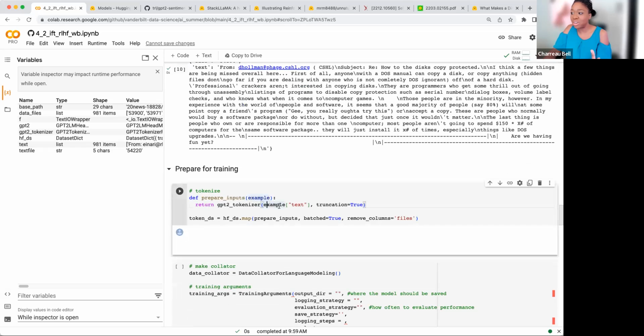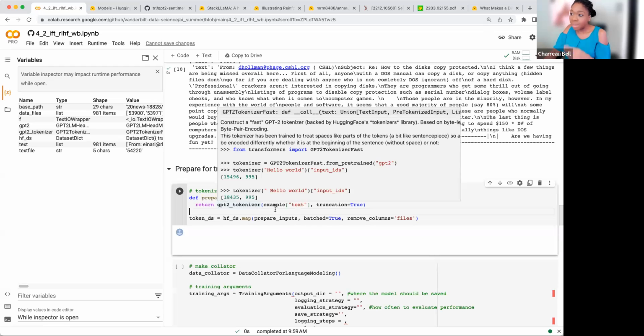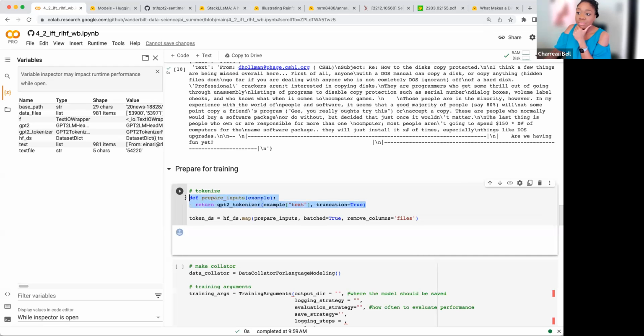We saw a lot of this yesterday. Here, this is just written for you. We need to tokenize the dataset, as you recall. What does that mean? We need to change our actual words of text into some numbers. Those numbers are produced by our tokenizer, which corresponds to our model, so they come together. How are we doing that here? Yesterday, I think we talked a little bit about the map function. Basically, what we have is this function here, and as we said before, this function is going to take in one or more examples.